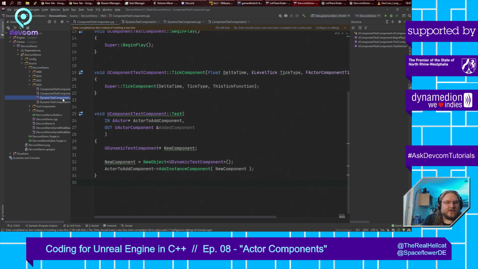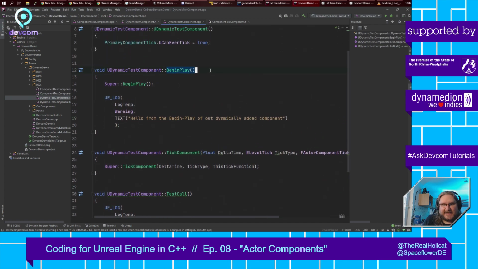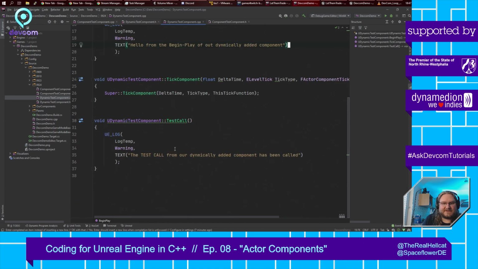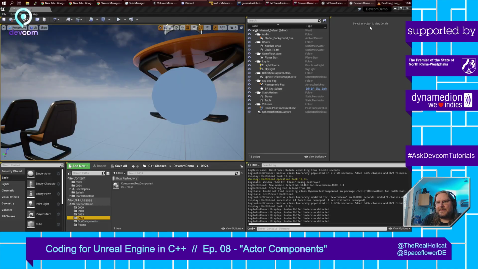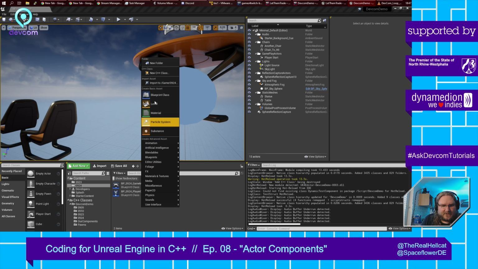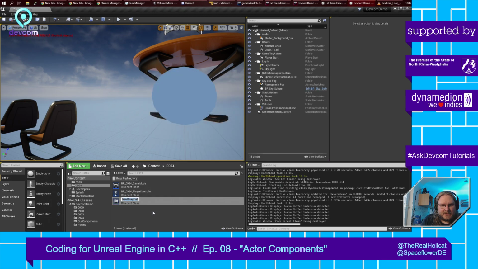Okie dokie. So, quick look at what the component does at begin play, and begin play is supposed to be fired every time your object becomes alive. It starts its life cycle, and begin play is supposed to be called. So here's our hello from the beginning of our dynamic component, and then we just got this little test call that for now we'll just be calling right from the blueprint where we're going to be slapping these things on. So let's create a blueprint actor, and we call this BP0924 because that's today,